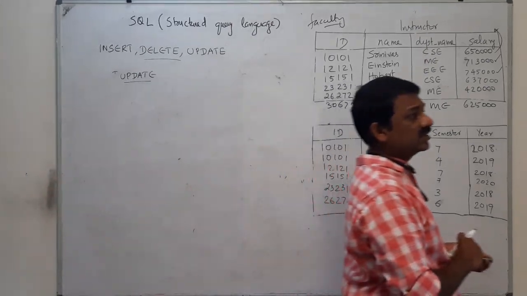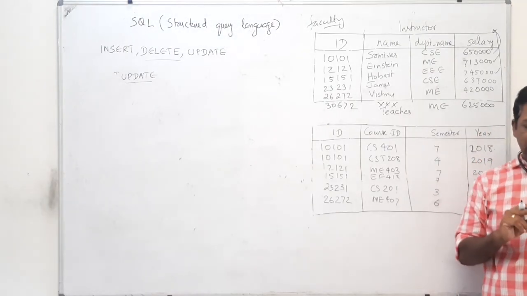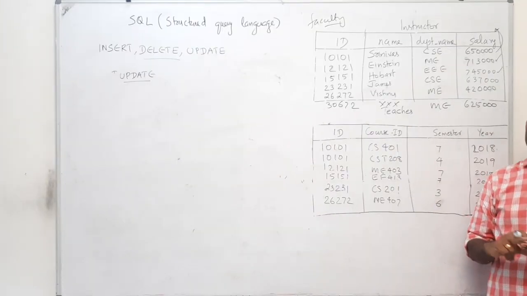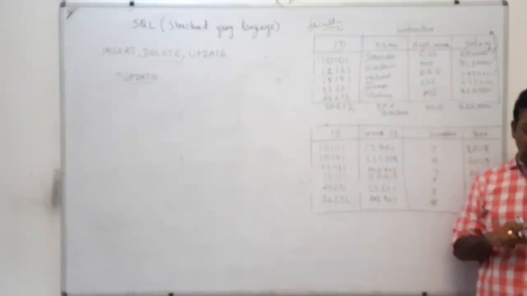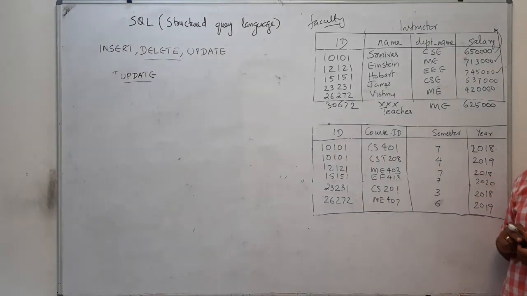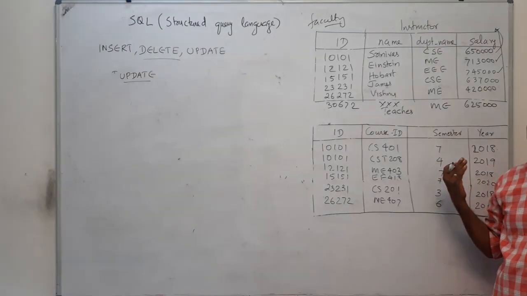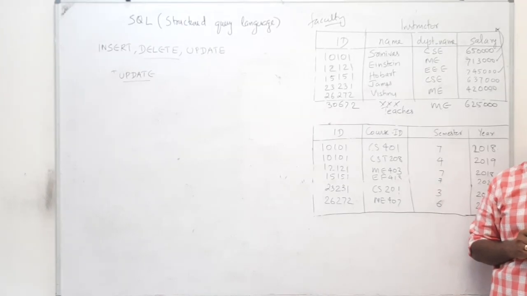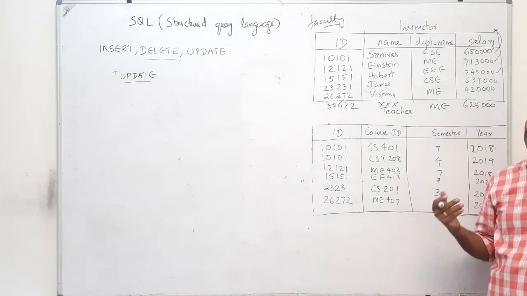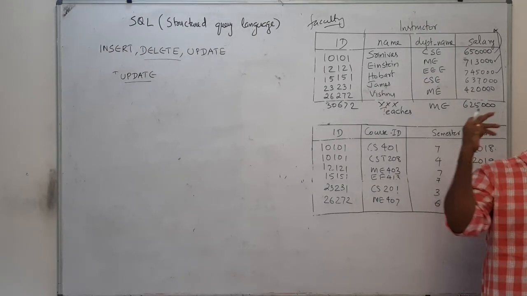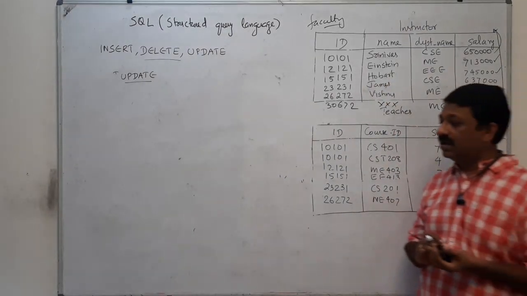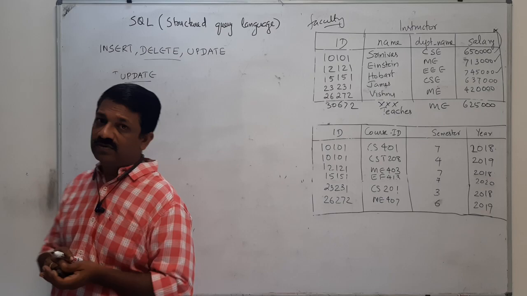As far as SQL is concerned, we have data definition languages like create table, alter table and drop table, and data manipulation languages like insert, delete and update. And if you want to retrieve the elements, then you can use SQL select statements. So the SQL select statement is very important. If you want to manipulate data, that means insert, delete or update data, you can make use of data manipulation statements like this. Okay, thank you.